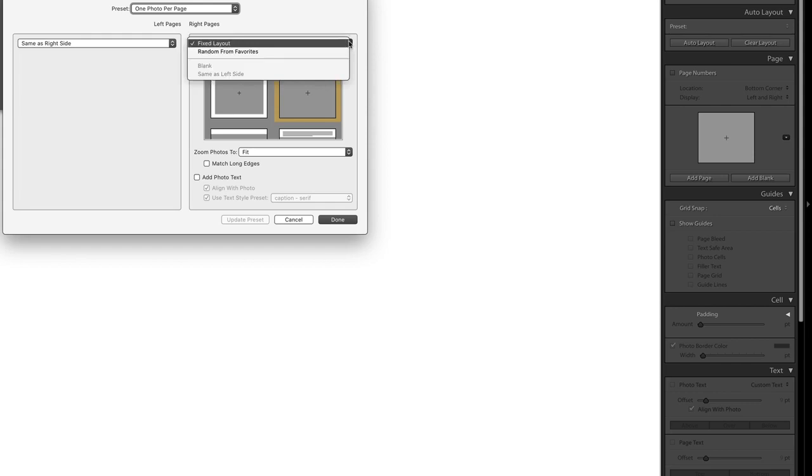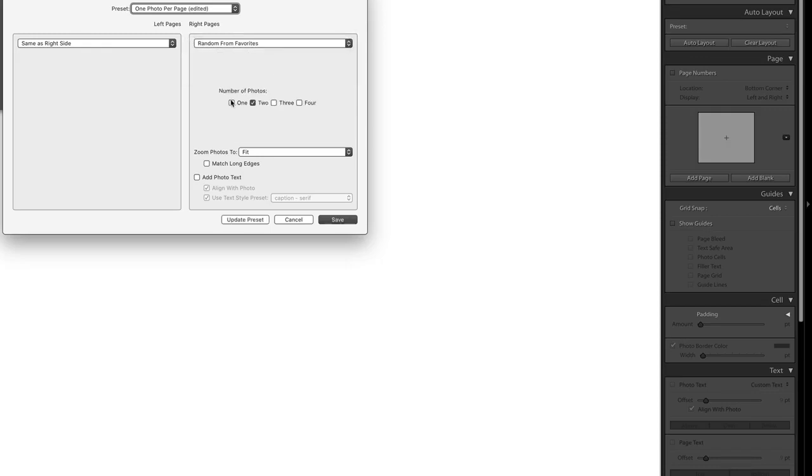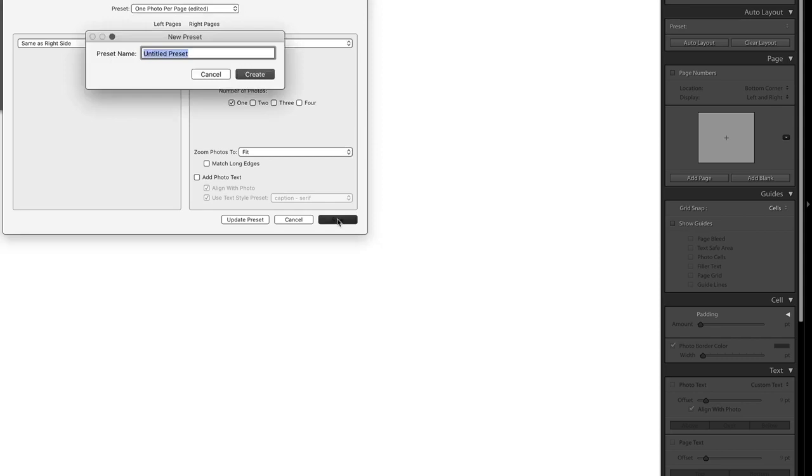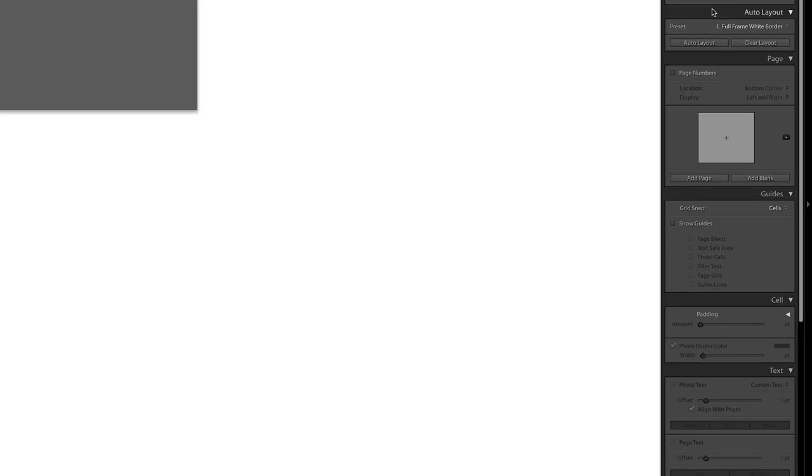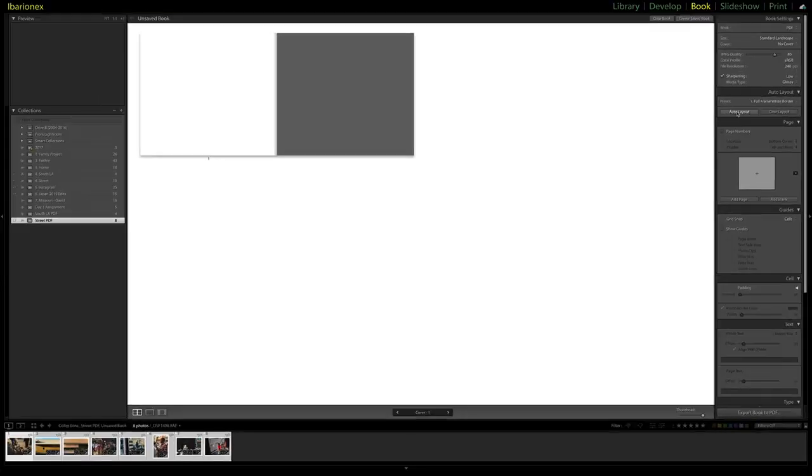So I want to go to this tab here where it says Fixed Layout and choose Random from Favorites. And the number of photos, I want to select 1, not 2. And zoom photos to fit within that window, and that's it. So 1 photo per page, random from favorites, number of photos 1, zoom photos to fit. And then I'll hit save and create a name for it, and we'll call it 1 full frame white border, so I can easily remember it. Okay, so now I've got the preset full frame white border, and now all I have to do is hit auto layout,